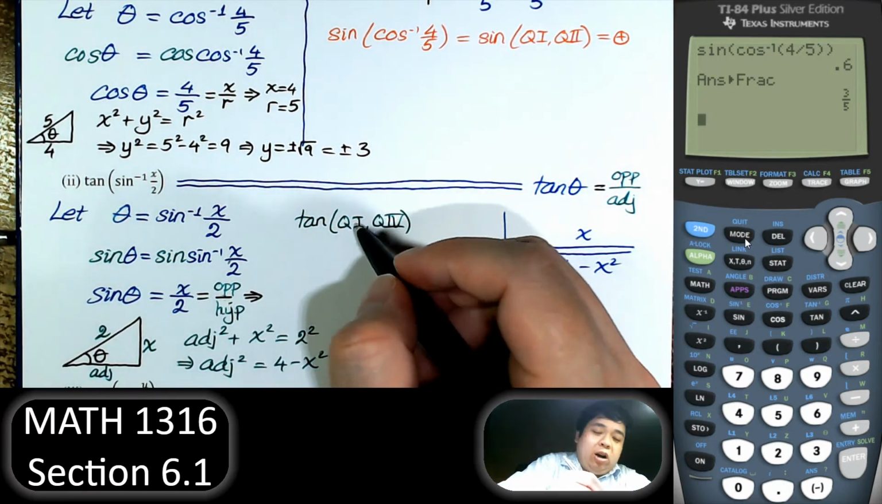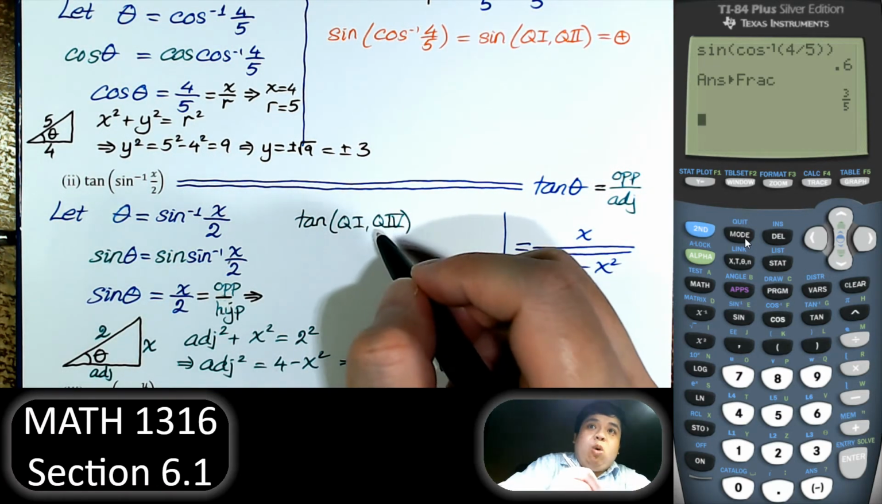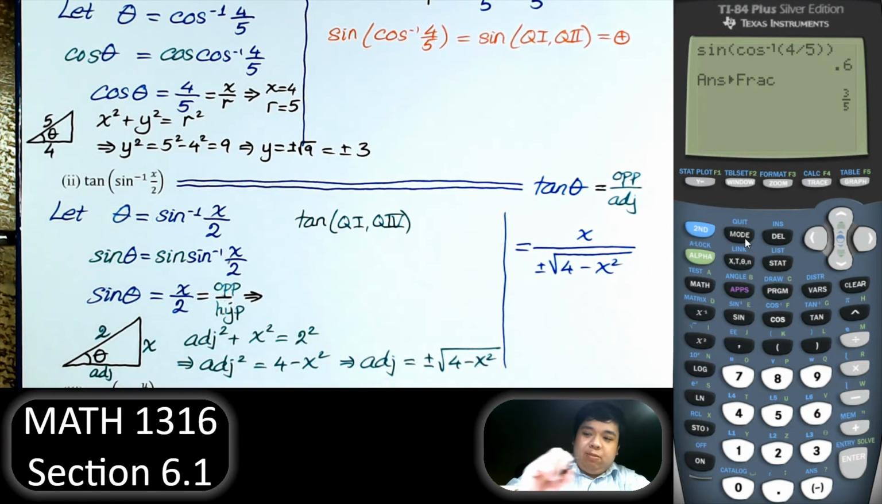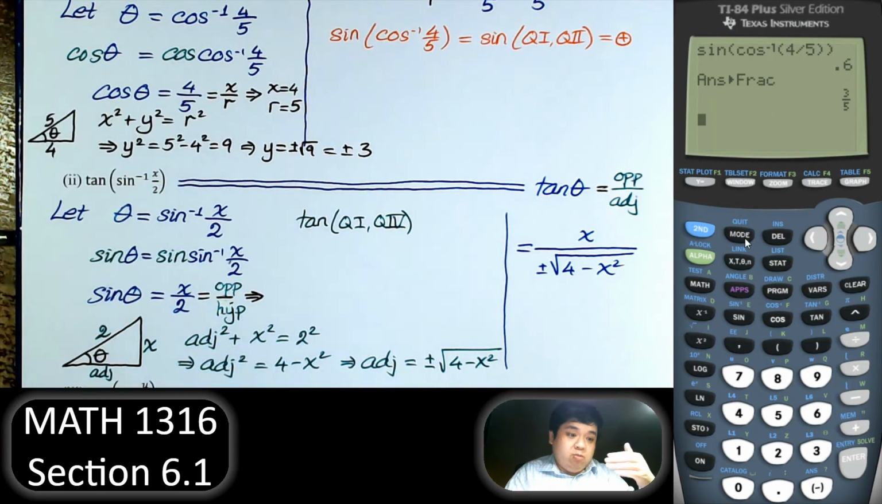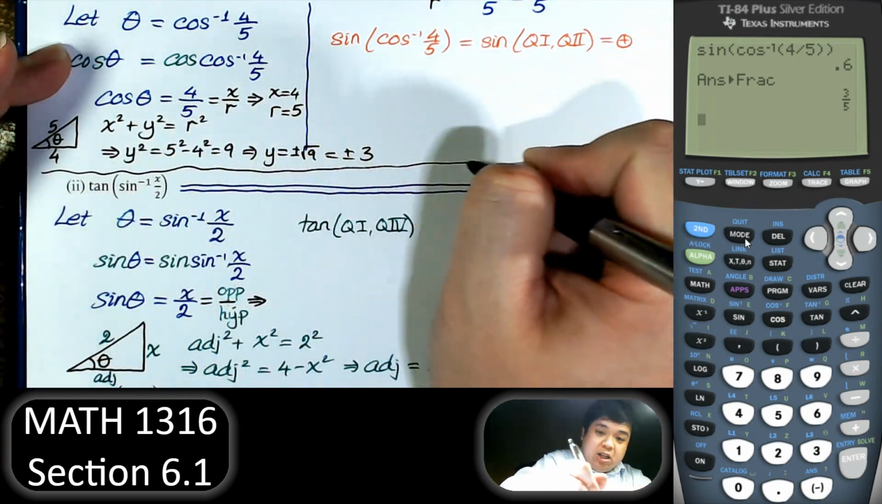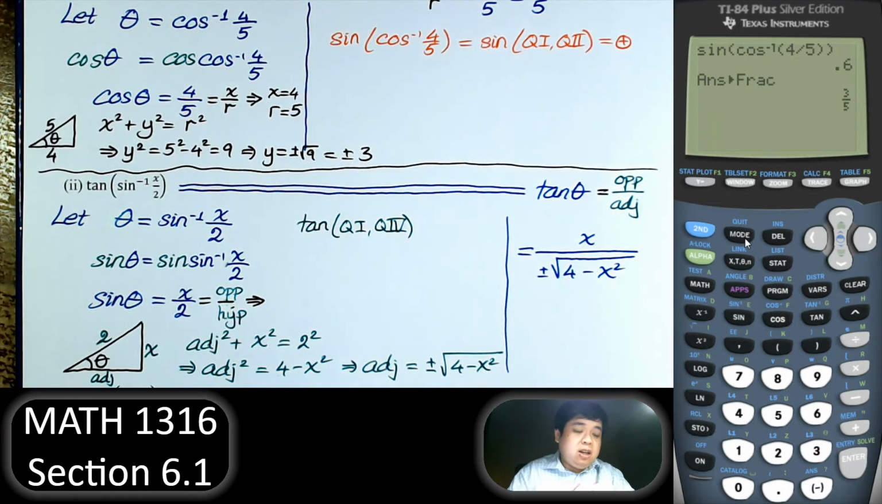So tangent of quadrant 1 is positive, tangent of quadrant 4 is negative. So which one is that? Now, this problem is not as simple as the previous problem where we said it's going to be positive. This is a little bit more difficult. But now, think about this. If x is positive,